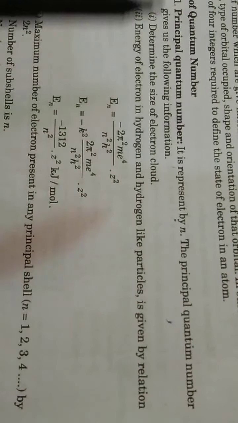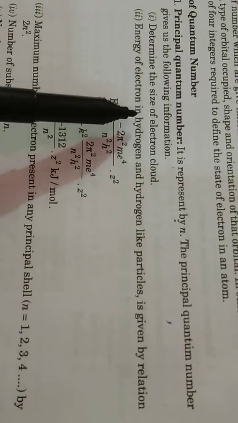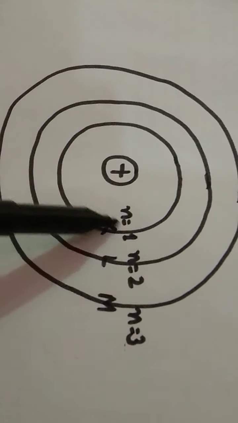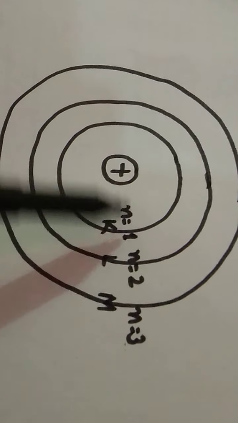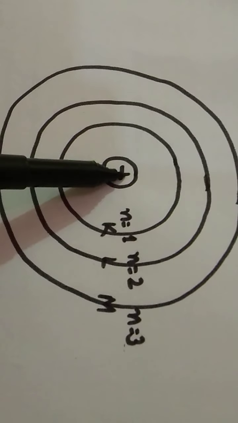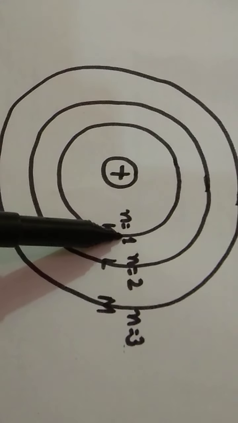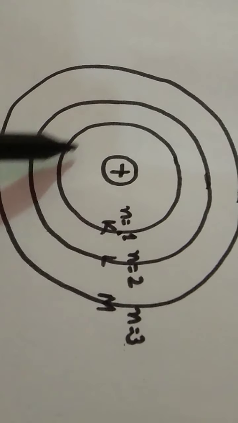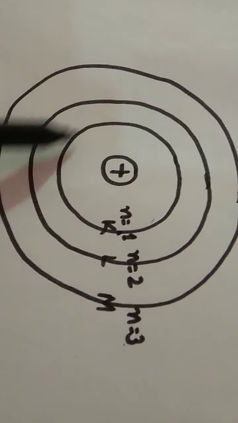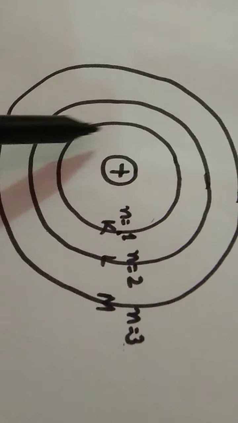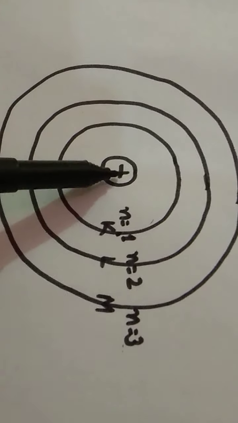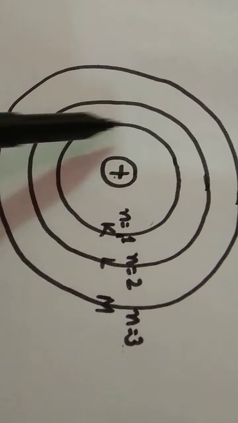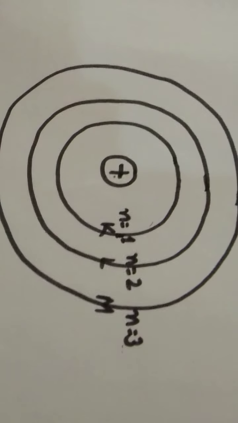Now children, it also tells us about the size of the electron cloud. Suppose the electron is lying within the first shell, then we take out the radius from the center of the nucleus to this shell. So it is going to tell us about the size of the electron cloud. कितने में इलेक्ट्रॉन present है. So it is going to tell us about the size of the electron cloud from the nucleus to this shell.